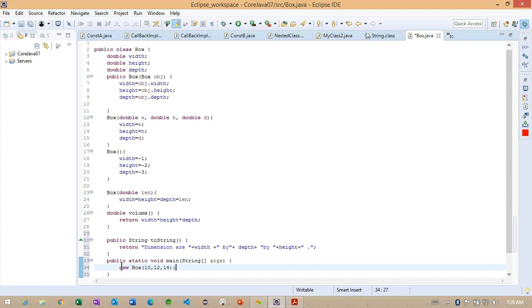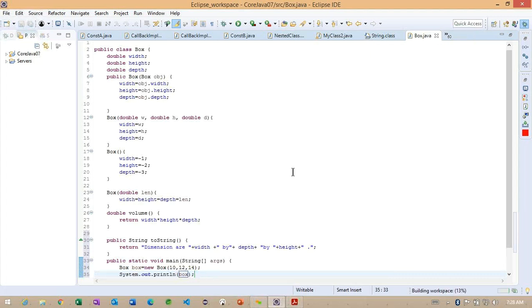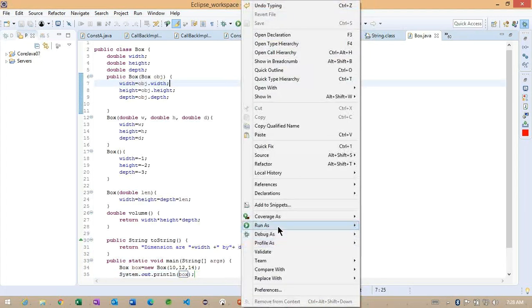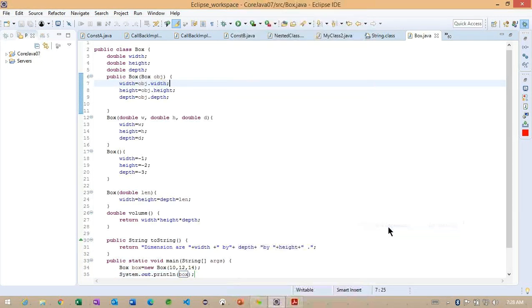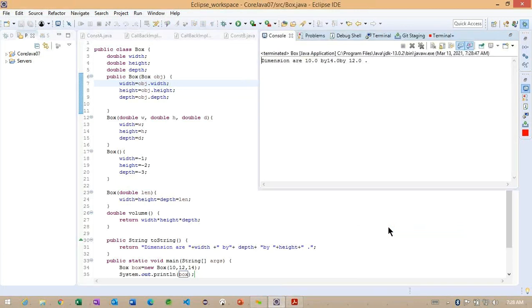After calling this constructor, box is equal to new Box. Simply I want to call box here. I'm not doing any other operations, simply calling the box object, just to print the toString information. Now you can observe how it works internally.